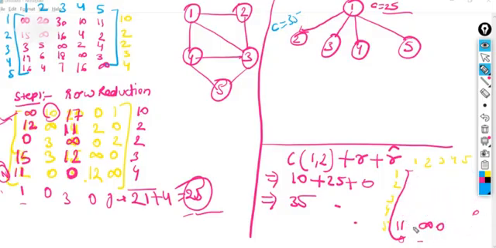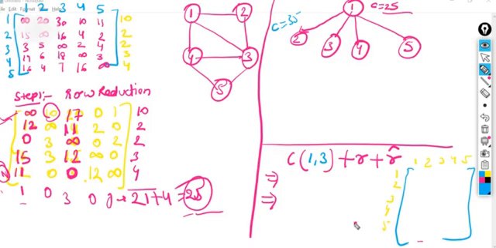We have to find the cost for 1 to 3. I'm just writing it over here. Now I'm taking it as 1 comma 3 and everything will remain as it is. Now again draw the adjacency matrix from the original one only. So make the first row and third column infinity this time, because we are tracing 1 to 3. First row infinity, third column infinity,